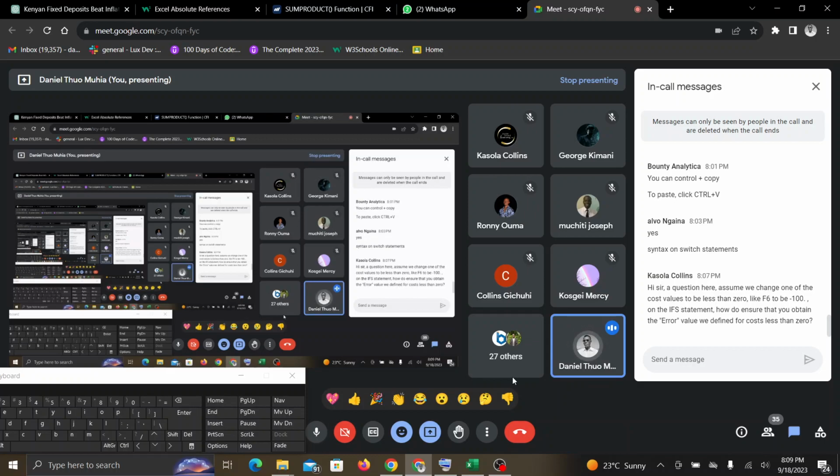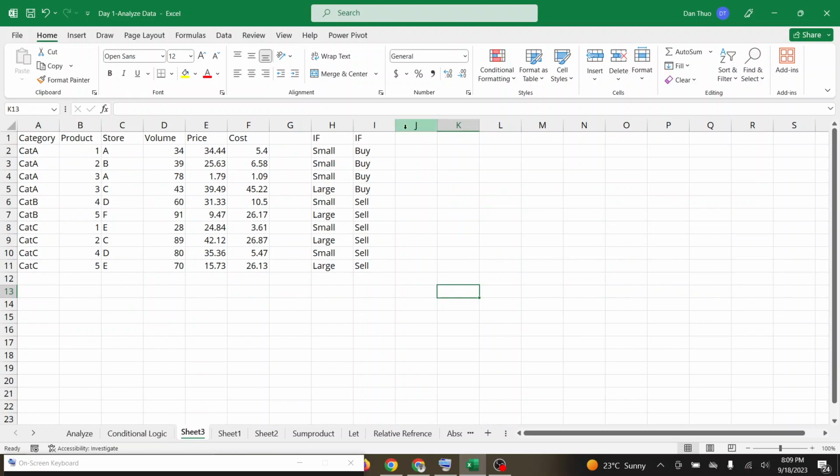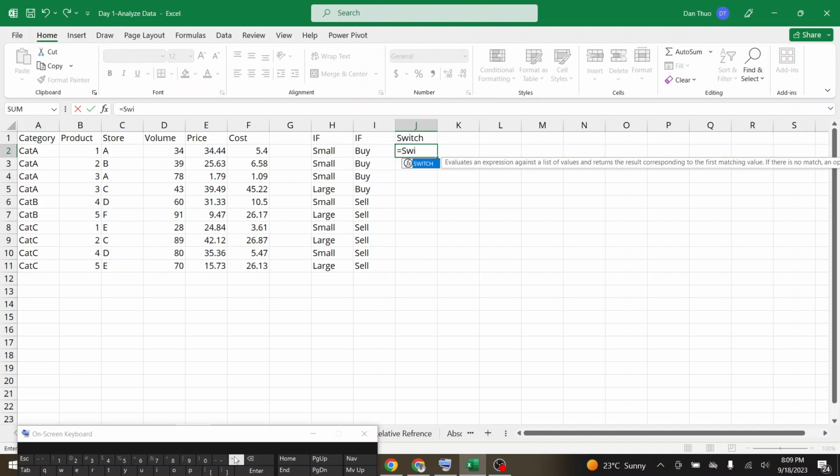So there's a question here by Alvin. He says, repeat the syntax for the SWITCH. Okay, I will demonstrate it on another sheet. It's a SWITCH. And as always, to begin our formula, start with the equals sign and type SWITCH and open parenthesis. For the switch, our logical test is if A2 is indeed "category A",